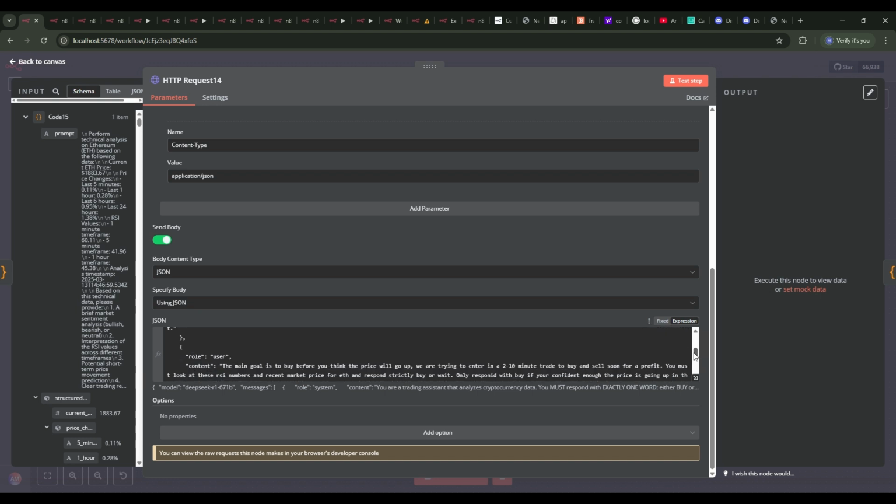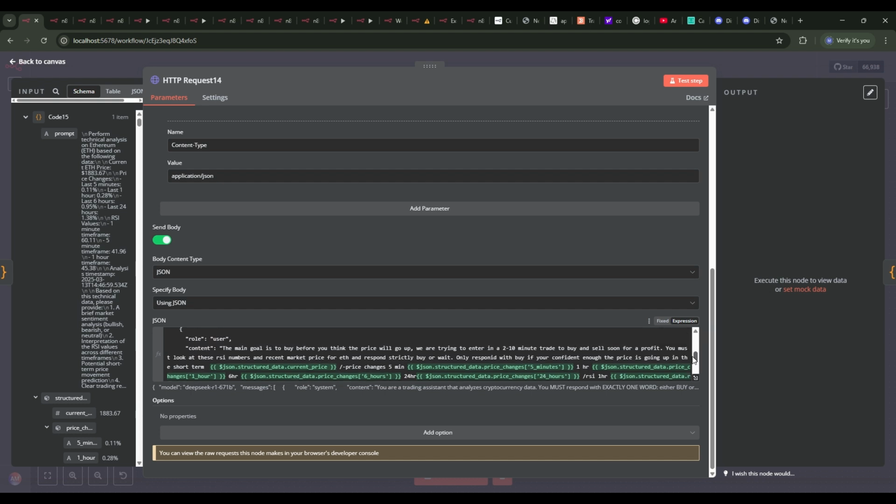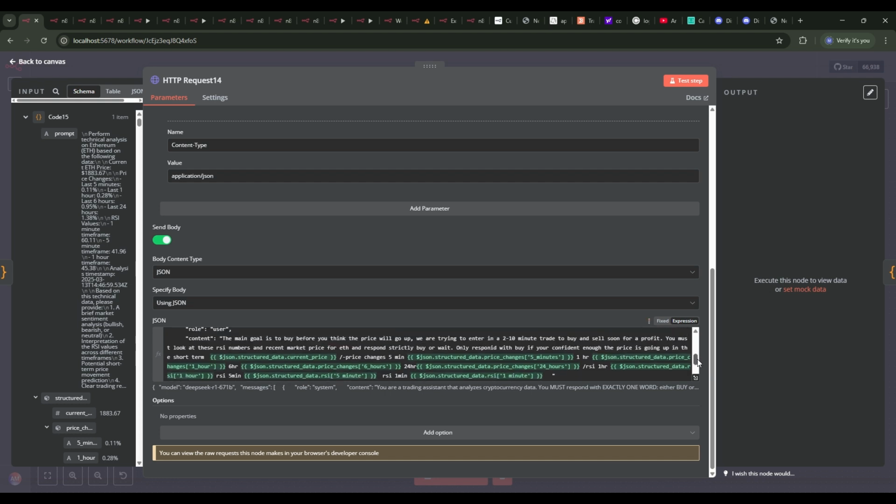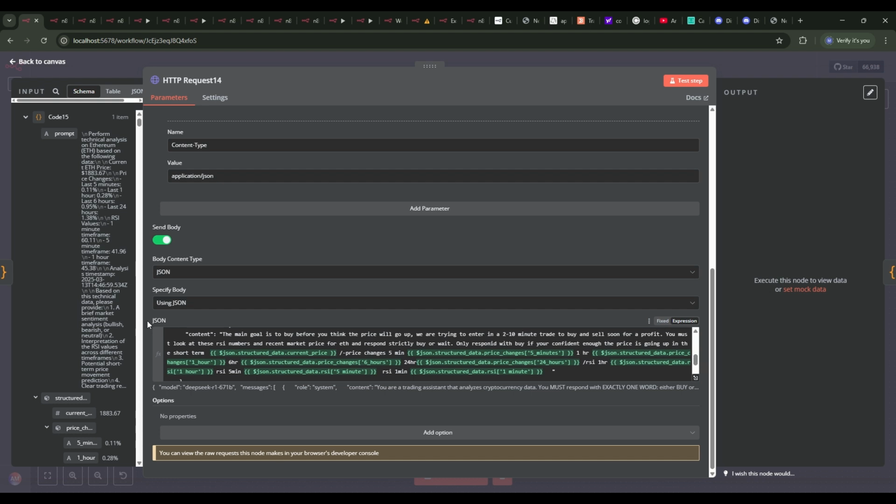Only buyer weight. And then my actual prompt. So you put role, user, and then my prompt. So beside content, the main goal is to buy before you think the price will go up. We are trying to enter in a 2 to 10 minute trade to buy and sell soon for profit. You must look at these RSI numbers and recent price for ETH and respond strictly buyer weight. Only respond